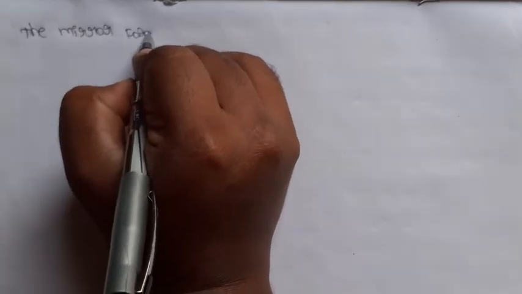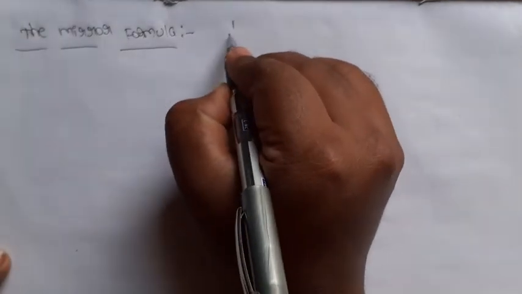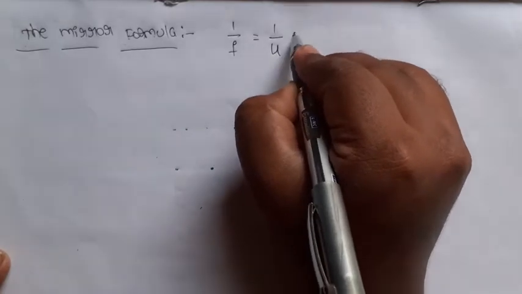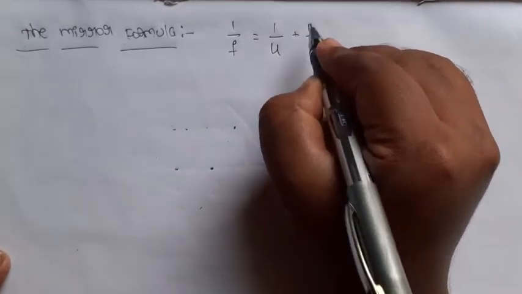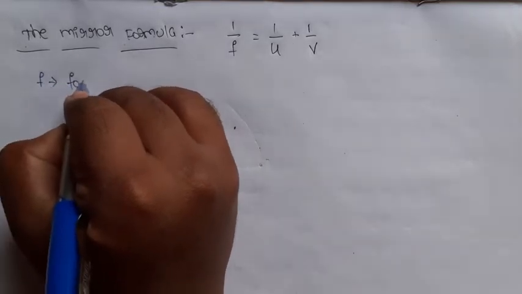The mirror formula. Very important question for your board exam, so please listen carefully. The mirror formula: 1 by f equal to 1 by u plus 1 by v. This is called the mirror formula, where f is, we know that already, focal length,